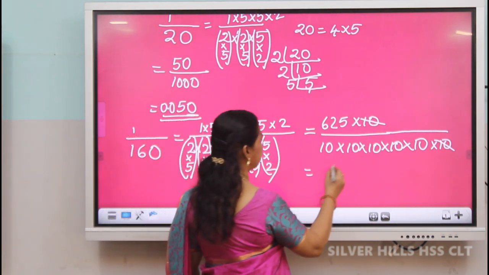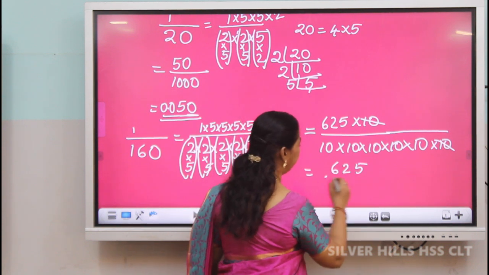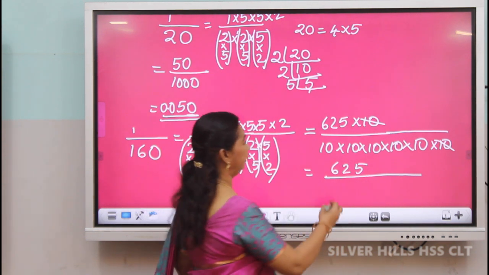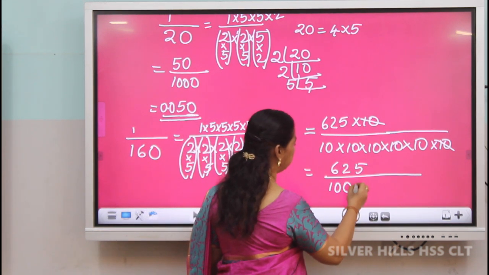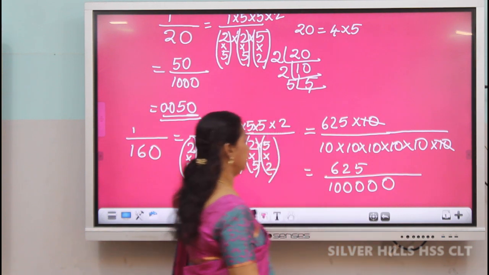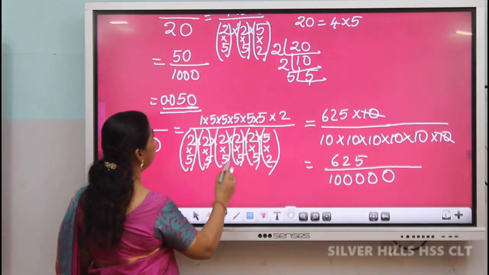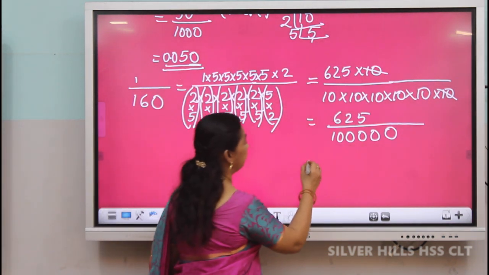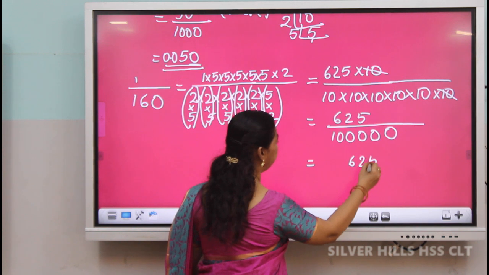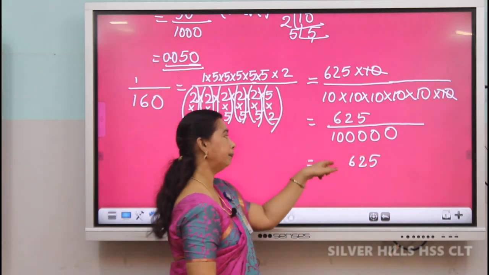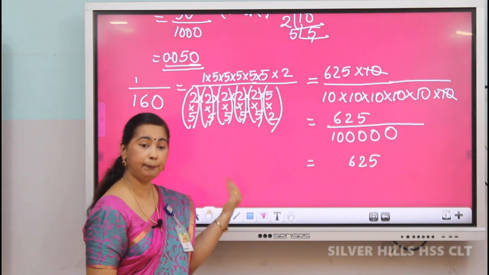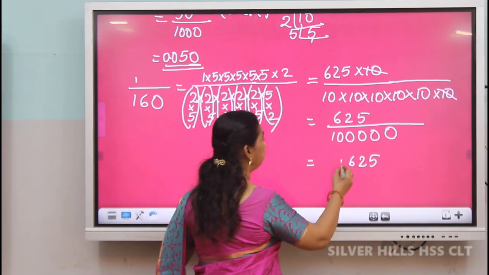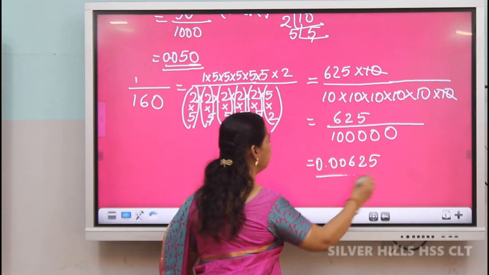Remaining, I will get 625 divided by 5 zeros, that means it is 1 lakh. So, divided by 1 lakh, 1, 2, 3, 4, 5. So, that 625 by 1 lakh we can convert into decimal form very easily. First we can write this as 625. Then, in order to put the decimal point, I have to shift 5 places to the left side. So, 1 place here, 2, 3, 4, 5. So, it becomes